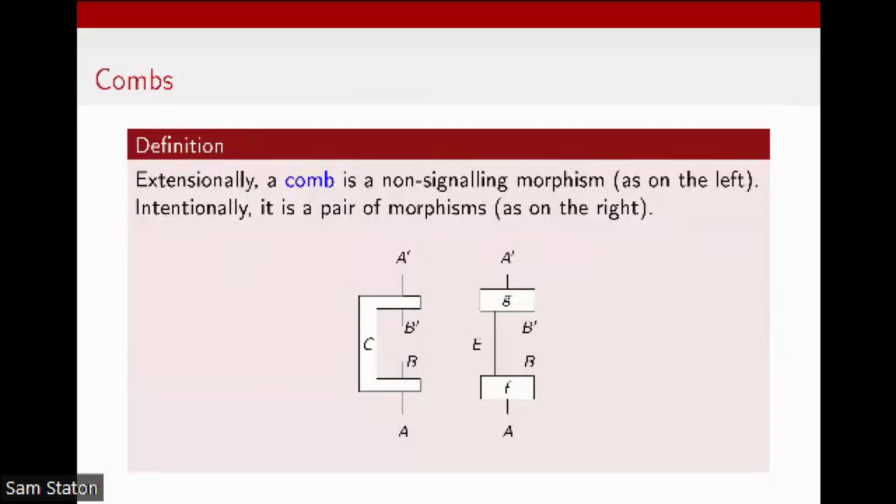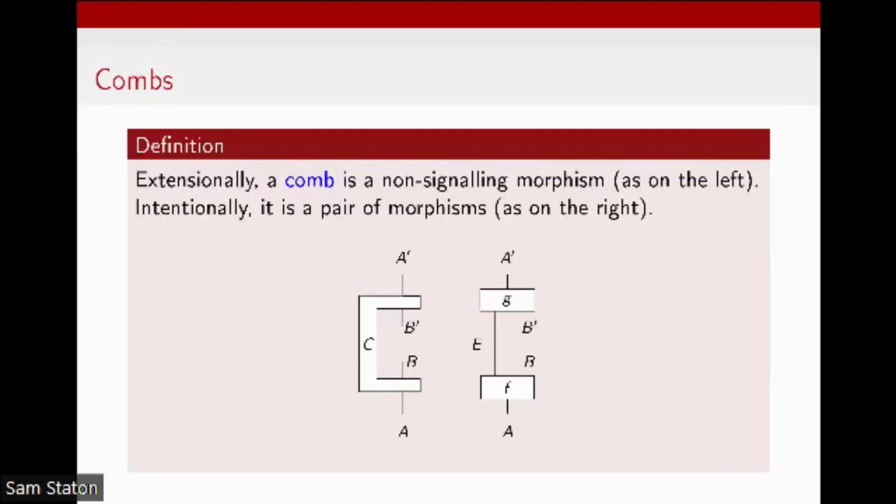On our Coombs, they've already mentioned, there was talk of lenses. Apparently people here like it. So extensionally, I can just think of a Coombe as a non-signaling morphism drawn in a very evocative shape. I kind of want to say that to compute this B output, I don't need the B prime input. So I should be able to put a morphism in there. For a more intensional definition, I could say that a Coombe is a pair of morphisms which have exactly the right types. And again, my aim with the Coombs is to put morphisms in that hole.